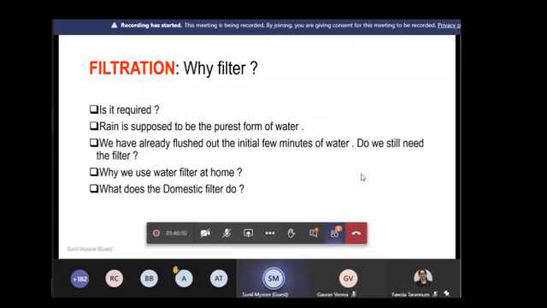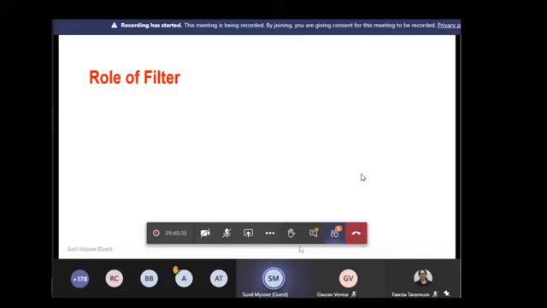So what does the domestic filter do? I think I answered this question. Now, what do we need the filter for? To filter physical matter, chemical matter, or biological matter, or all of these? I will try to address these questions, and then we'll see what we arrive at. What should the filter actually do? You already kept the roof clean. You already flushed out the first few minutes of water.